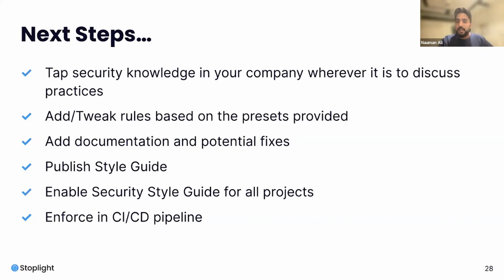buy-in into the style guide itself, is to enforce it in your CI/CD pipeline. There's content out there as to how you can do that with Stoplight using different version control systems. The general idea being that, say, you use the Git workflow for your API design, which I highly recommend you should do. And somebody's looking to add a new endpoint to a branch, they create a PR and a review